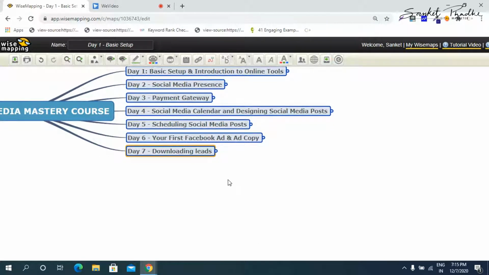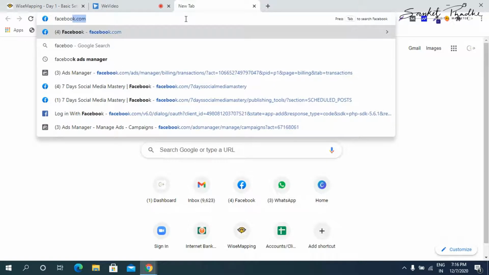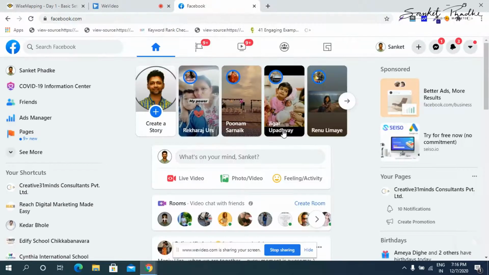Okay, so assuming that you have already published the ad a day before, I'm going to continue with today's session in which I'm going to show you how you can download the leads which are generated. For that, I'm going to go to my Facebook account first. Once you're on the Facebook account, you will see an option here, Ads Manager.